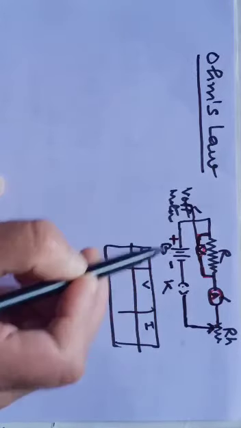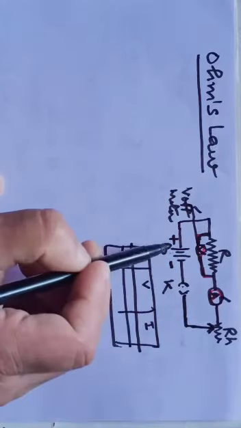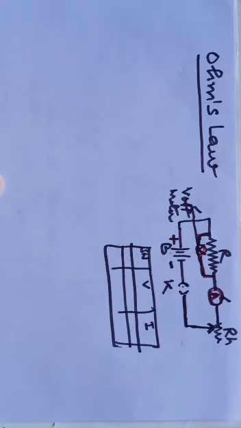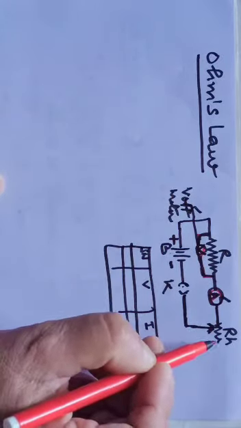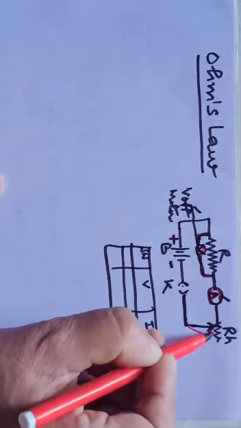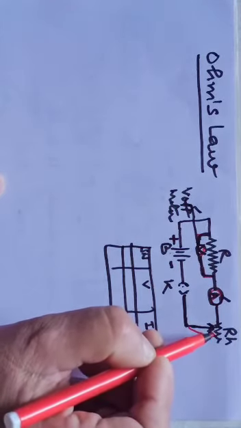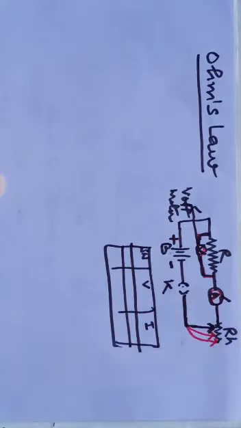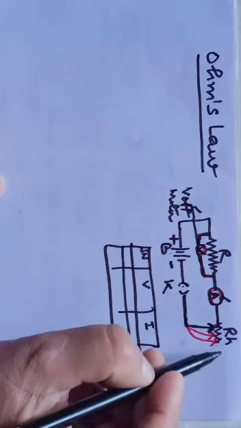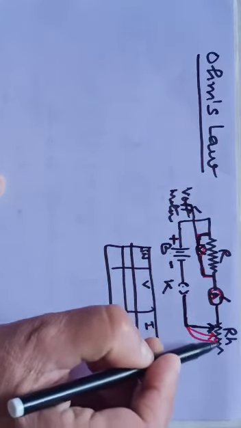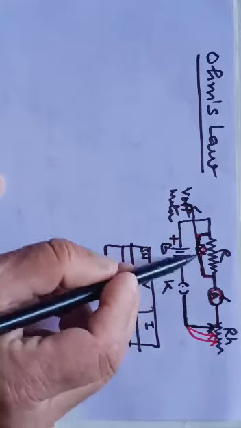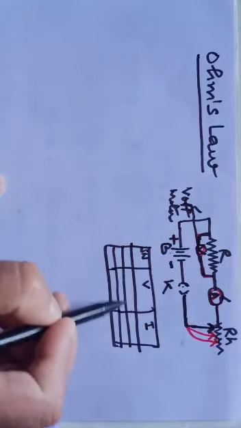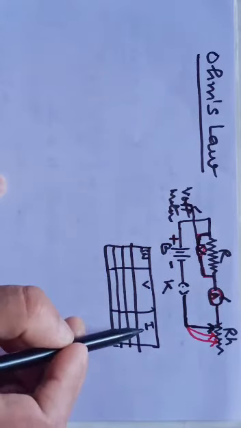So this voltmeter records the voltage given by the battery. And this voltage is adjusted by means of this rheostat. Now if we connect the rheostat here, then automatically the voltage changes. Then we can again change the wire here. So by sliding the wire on the resistance, we can change the voltage as well as current. So we get a set of readings here of voltage and corresponding current.